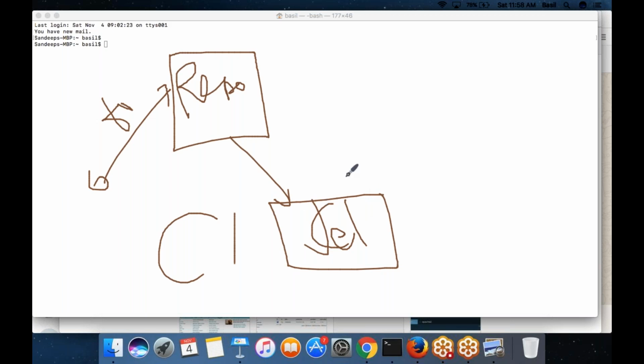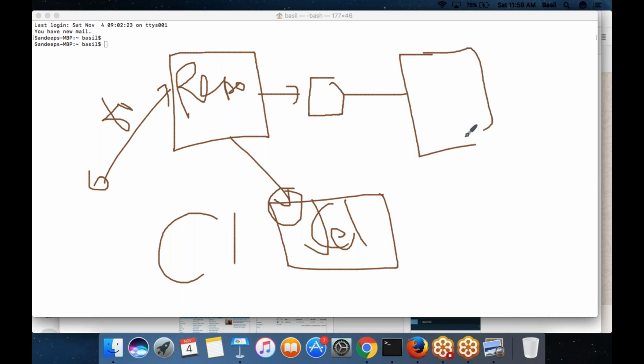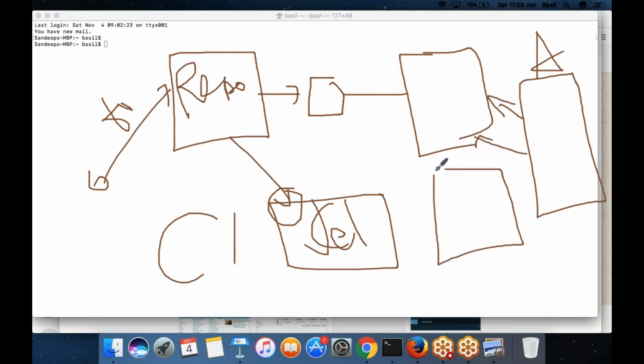What Jenkins does is, it will identify that there is a change done by the developer. Let's start the building. It will build this code into executable files. These executable files will be deployed into a testing environment. Then automatically an automation testing tool, or sometimes it can be manual also, will run the testing as soon as possible on this particular change and a report would be generated. This report would be verified by Jenkins, and if everything is looking good, Jenkins will mark this change as a stable change.